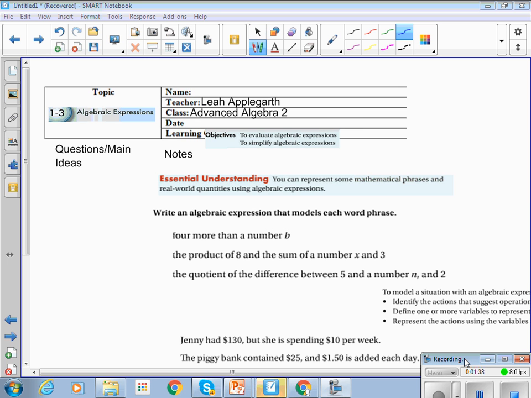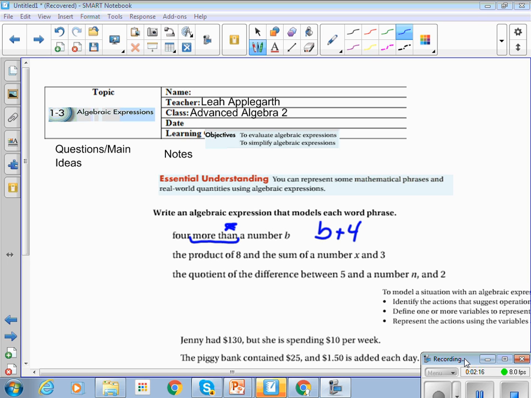Rule of thumb that I use, anytime you have the word than, you switch the English order. So 4 more than a number B, I would write as B plus 4. The reason I do that is because when you have the words less than, you need them in the reversed order. So I just apply that rule. Even though 4 plus B is also correct, I use the rule: if you see the word than, switch the order